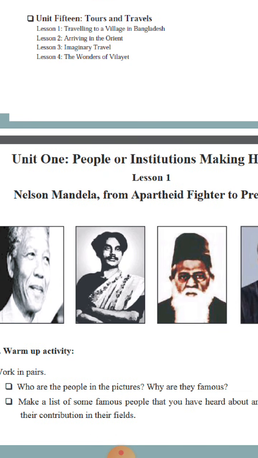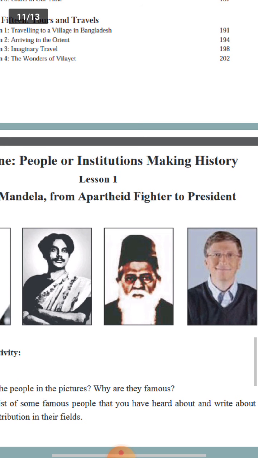My aim is to show you how to read the text paper, text passages. Say this is the unit on people and institutions making history. And you know the meaning of people. People means মানুষজন or লোকজন. But here people means জনগণ নয়. People means somebody else who is exceptional in the history of the world. And institutions means প্রতিষ্ঠান. Here also there are crores of institutions in this world, but we are going to learn only about the institutions which are very famous for their